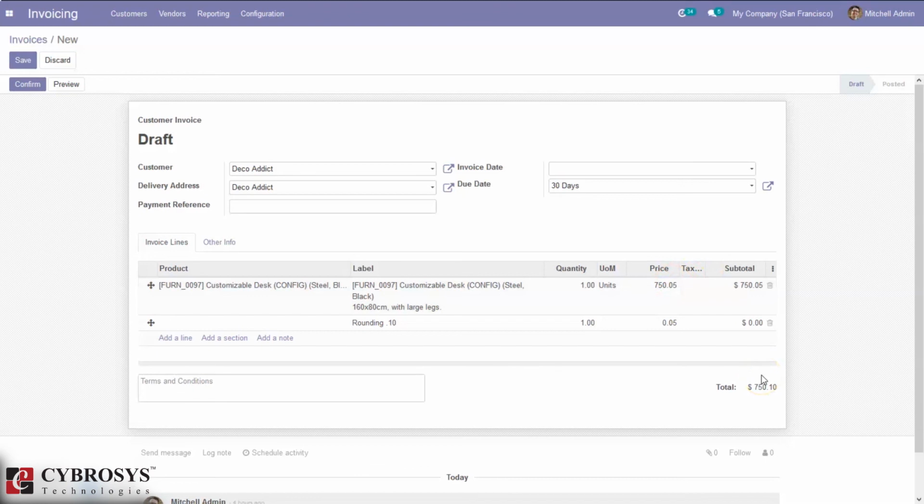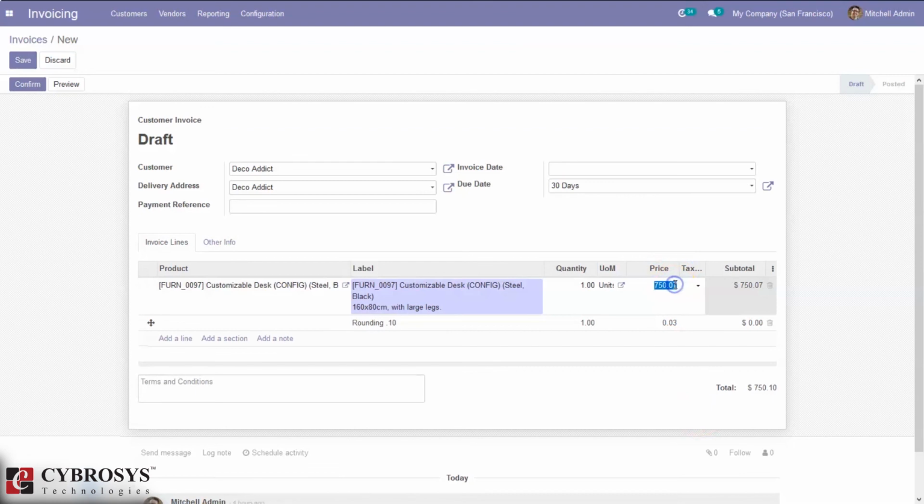So the rounding will be done towards plus infinity. You can see the rounding is done. It is 750.10. Now if I change this to greater than 0.05, like 0.07, then also you can see the rounding is done towards plus infinity.